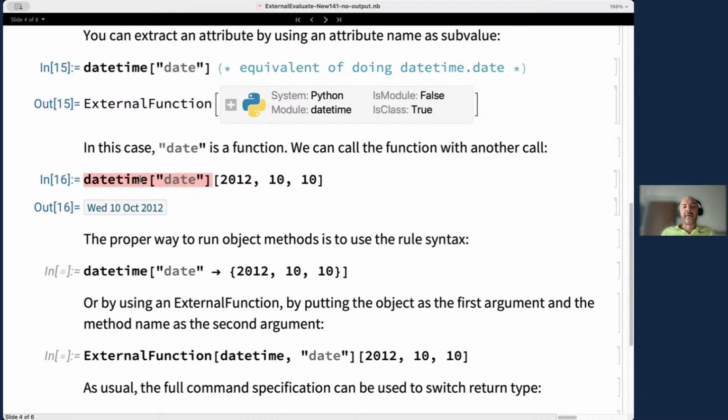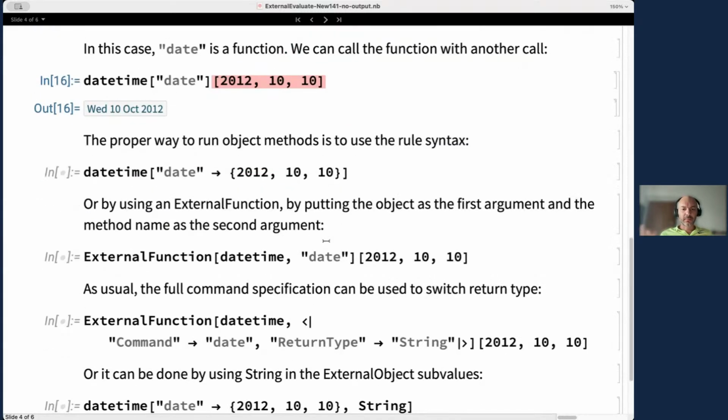Now, one caveat is that if you do that, you are basically doing one operation. This is one external evaluate call, and this other one is going to be another external evaluate call. While this works, because in this case, chances are that when you are accessing the date attribute out of datetime, this is never going to fail, because it has nothing to do with the file system or network operations. But Python is a really dynamic language. Let's say that I either misspell the date operation, or this operation is doing a network operation that is failing, etc. This can return a failure to me. And so when I do that, I will get back in Wolfram a failure, and then I will be calling the failure with those things,